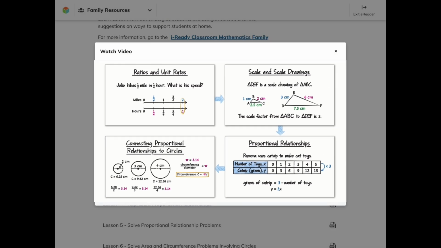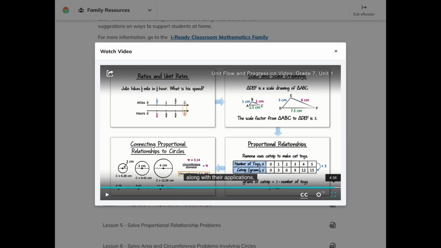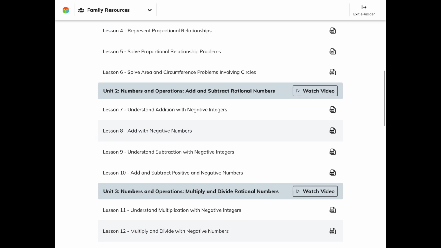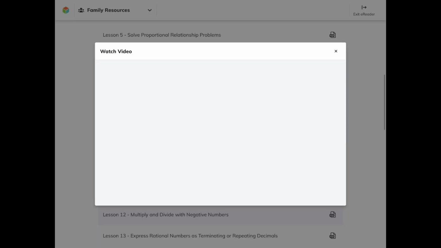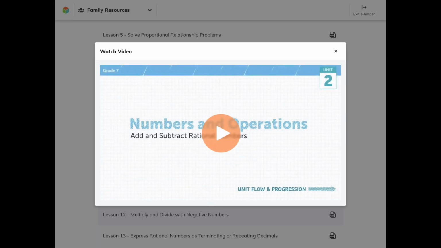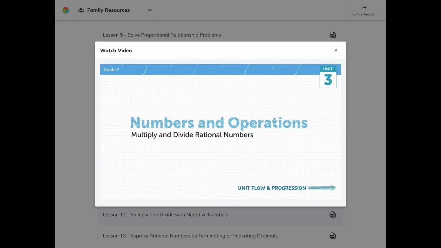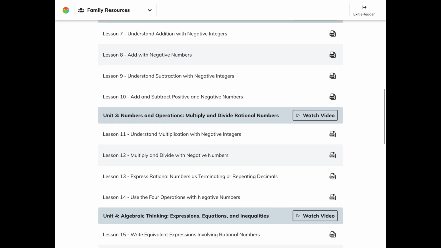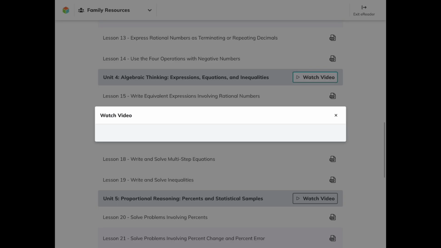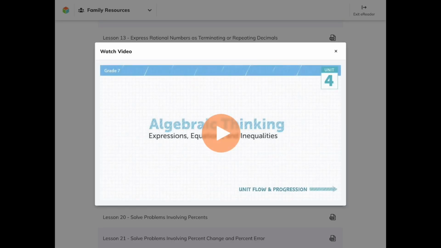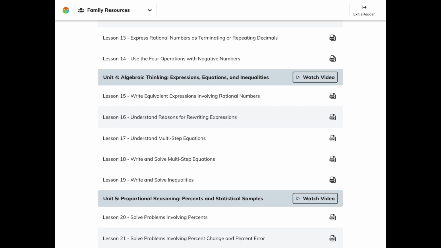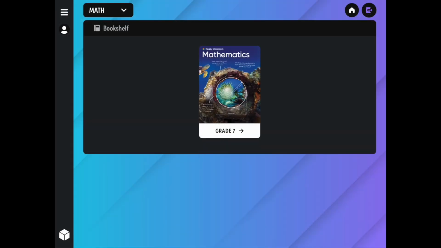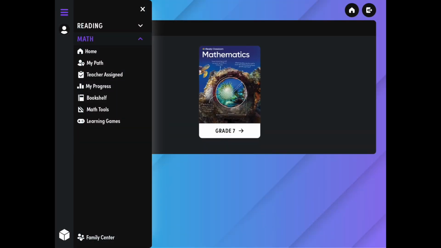So throughout this year, we will be sending out a newsletter at the beginning of each unit, giving you the heads up so that you can access the unit overview videos, check in with your child on how they're feeling about the previous unit and the upcoming unit, and be aware of everything that you could be doing at home to support your child. So we're going to now head back to the platform itself,